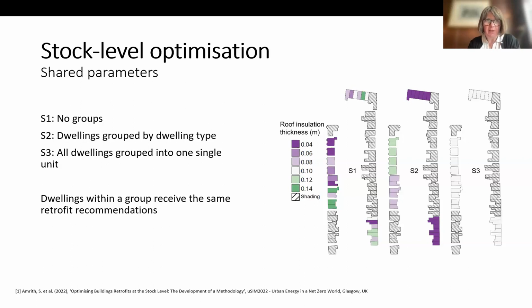There's another question here, which is for the non-domestic heritage building. Each building is unique. Do you think stock level approaches are still appropriate for this type of building? Yeah, I think the uniqueness of each building doesn't necessarily prohibit you from using stock level approaches. When you do stock level modeling and stock level optimization, it will take into account the characteristics of each individual building, and the results will reflect those individual building characteristics.